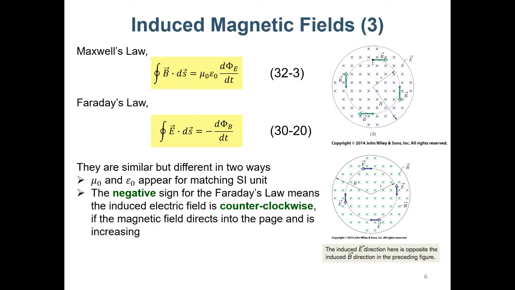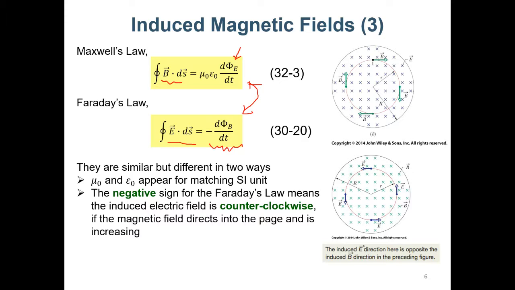So these two laws are similar. For Faraday's law you learn in chapter 30, you have a line integral for the electric field. It is generated by the changing magnetic field. Here, if you have a varying electric field, you will also generate a magnetic field,